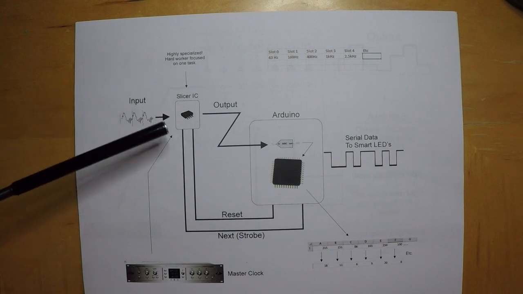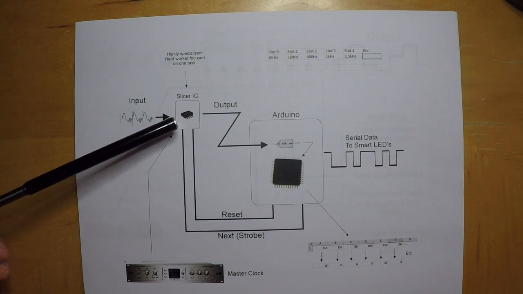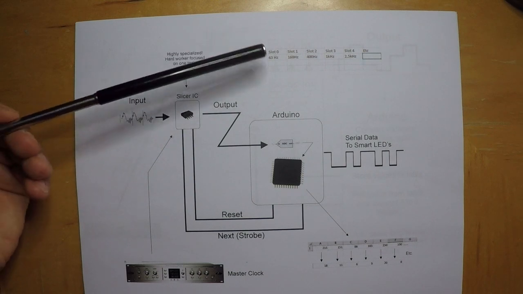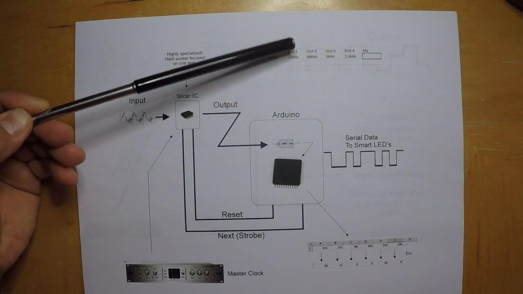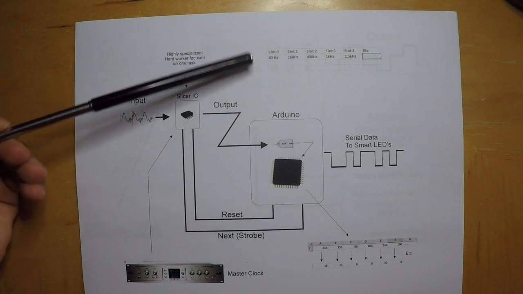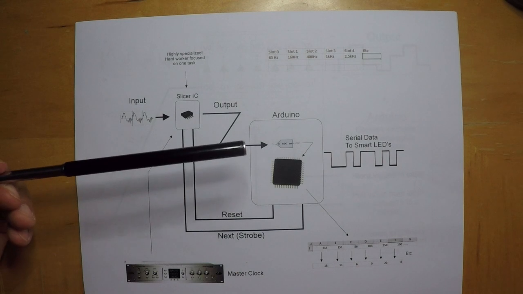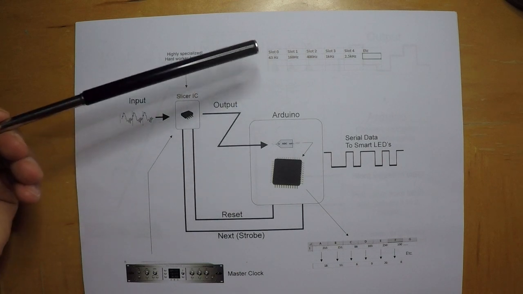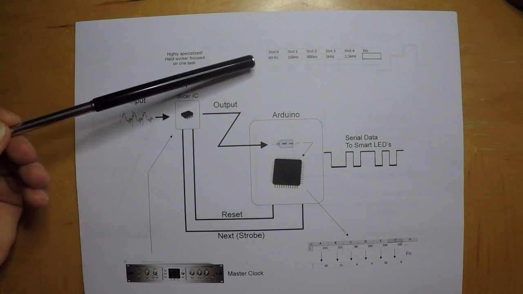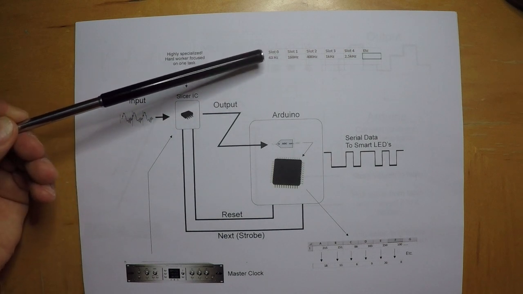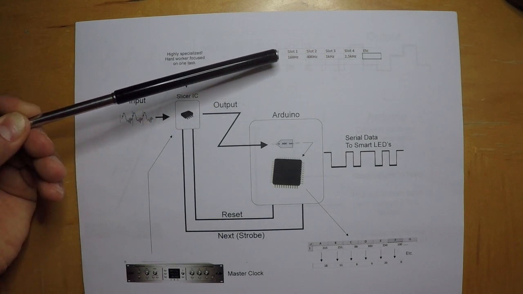In a typical configuration of this chip, the slots would look something like this. Slot 0 would focus on frequencies that surround 63 Hertz. So it's not only looking at 63 Hertz, but it's looking at its surrounding frequencies. You know, let's say, for example, 30 Hertz to 90 Hertz.